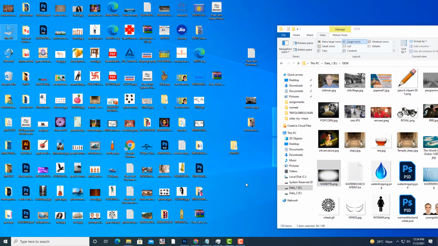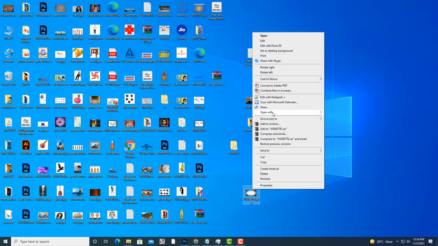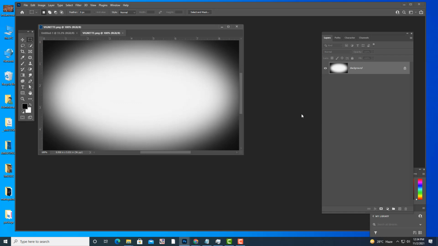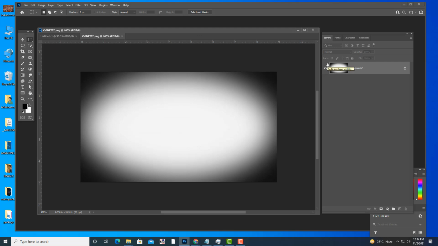I will keep it here and open it in Photoshop. Something like this. And if you want to create this manually, you have to use a technique called mask. We will be covering masks in the coming classes.